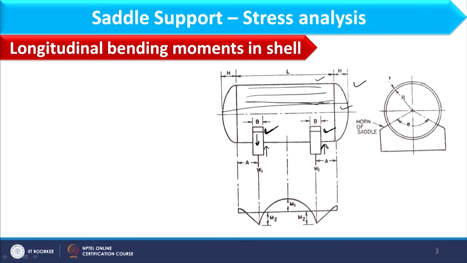Now, for drawing the moment diagram, consider, for example, that this is the beam. You must understand that we prepare the moment diagram from left to right when we analyze the system from left to right. What we have considered over here is that the shell is considered as a beam which is supported on two saddles. As we have discussed, when weight is falling on the saddle, the saddle will give a reaction